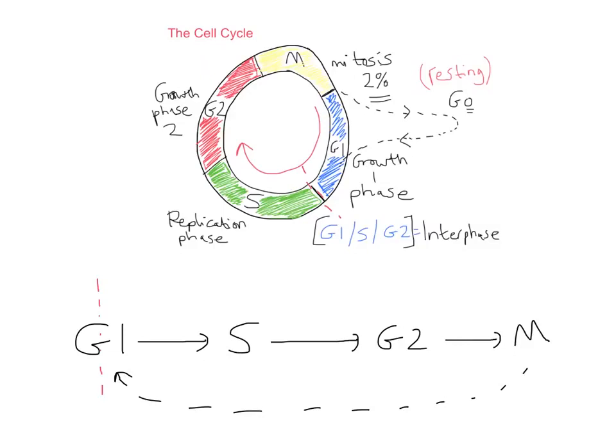So I'll just add that also to the top picture. We have a checkpoint at the end of the S phase, and that's to make sure that replication has happened correctly. We have our third checkpoint at the end of G2. So at the end of G2, we just check that everything is growing properly and correct, because that's our second to last time we've got to make sure that the cell is able to divide properly. And then our fourth and final checkpoint,